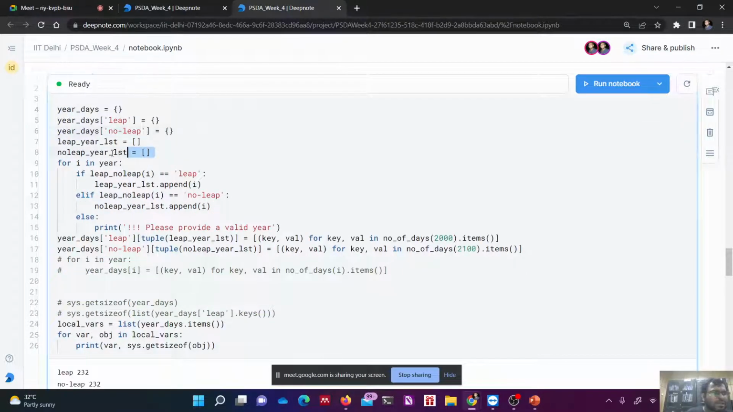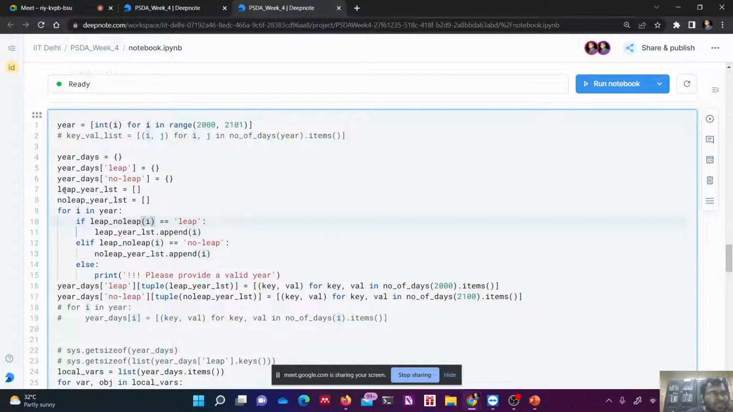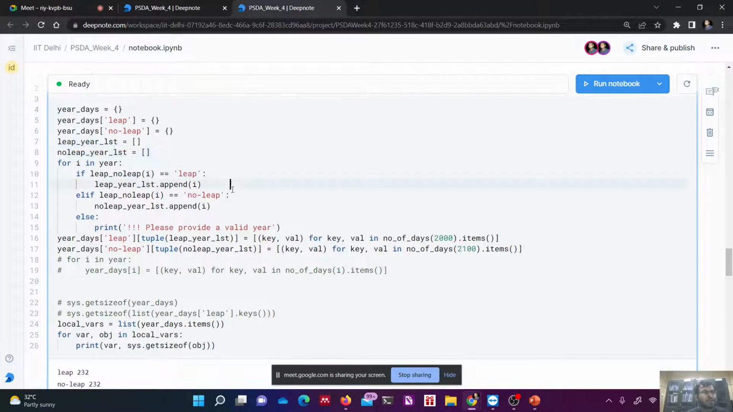Now we are going to make a list. The first list, I have called it leap year list, should contain the information of all the leap years. No leap year list should contain the information of all no leap years. Here I have started an iteration, and then I have checked whether it's a leap year or a non-leap year. If it's a leap year, then I have updated this dictionary, which was initialized to be empty. This is going to be updated again and again